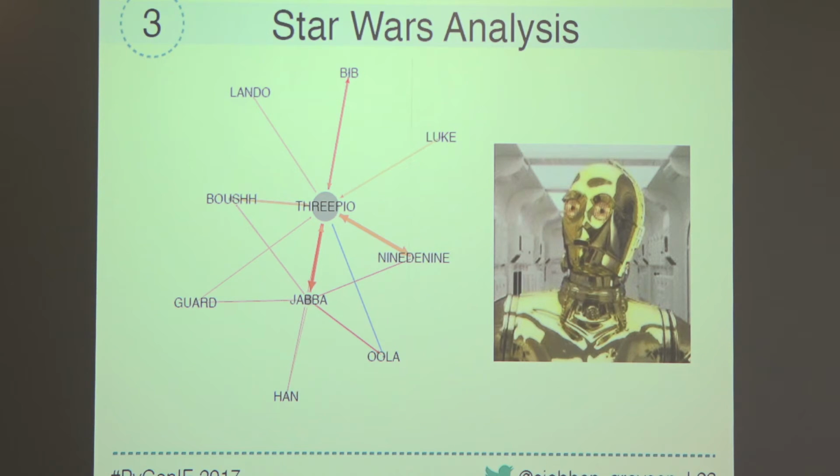I find it kind of amusing. What you're seeing is Threepio in the middle. He has the highest weighted degree, so he has a lot of interactions coming into him, and a lot going out. If you see the color of these interactions, they're quite red. In this scenario, Luke Skywalker tells Jabba that basically you can have Threepio, and Threepio has a bit of a breakdown and is like, no, no, no, why would he do this to me? It's interesting to see all of the negative interactions around that little scene.